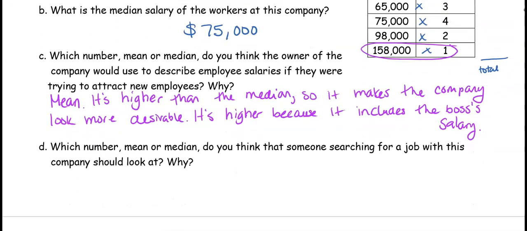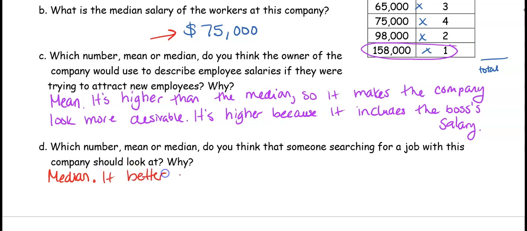All right, part D, which number, the mean or the median, do you think someone searching for a job would prefer to look at? So this person would probably rather know what the median is, because the median is the middle. That's representing more of a typical salary versus one that shows the really low or the really high. If they're going in, they want to know what the more typical salary is. So median